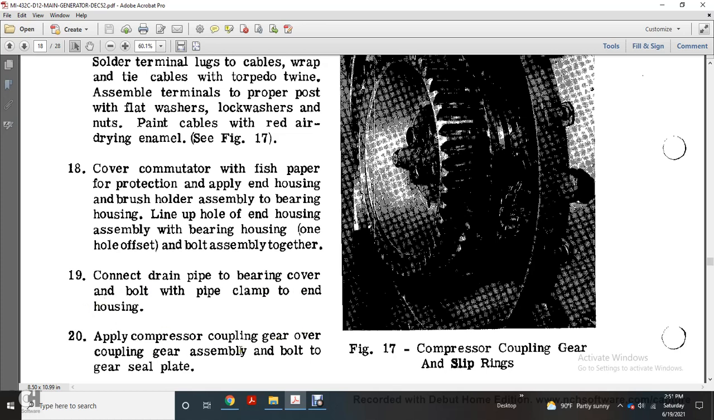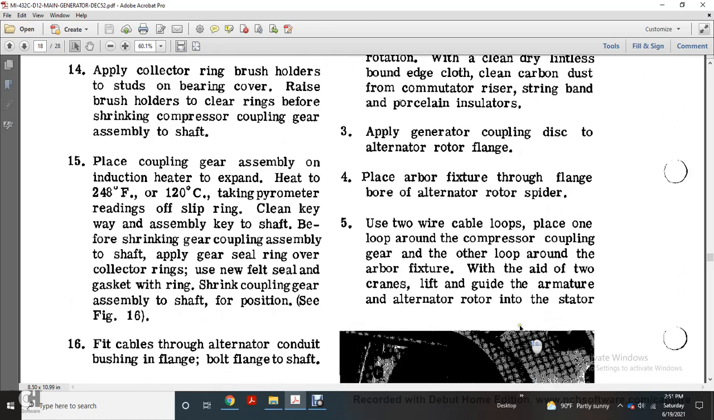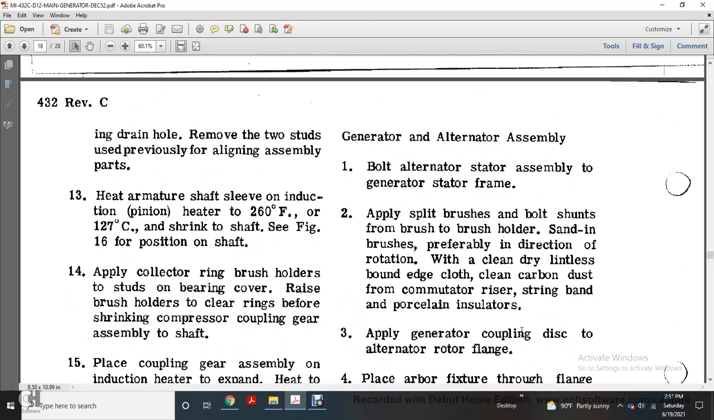Coupling gear over the coupling gear assembly with the bolt with the gear seal plate. Figure 17 shows the compressor coupling gear, the slip rings, and generator alternator assembly. 1. Bolt the alternator stator assembly to the generator stator frame. 2. Apply the split brush with the bolt solution from the brush to holder stand, with the brush preferably in the